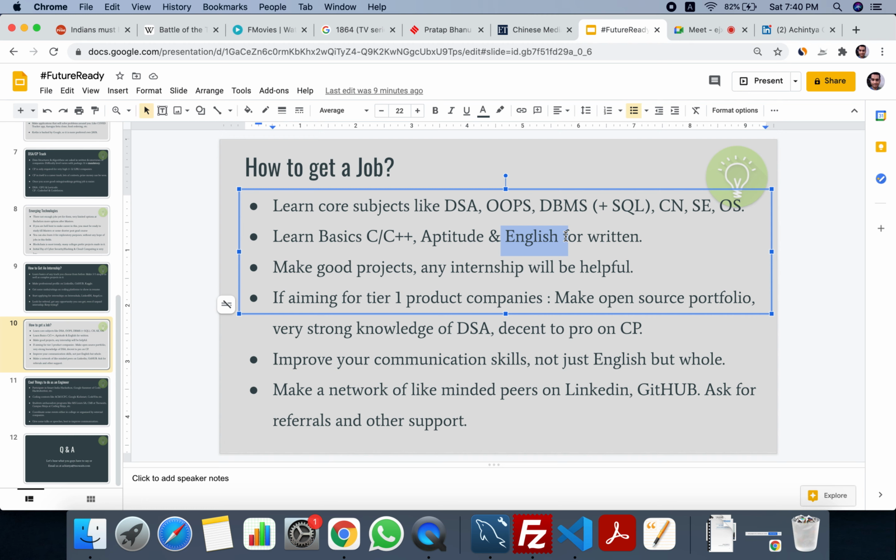You can study after 6th semester, in the gap you will have between 6th and 7th semester, or for 3rd year you might need it early because lots of internship openings will come in 5th semester itself. Okay, so plan accordingly. Make good projects. If you are going for off campus placement, then projects are very important. If you are going for on campus placement, then it's not that important, then they will just evaluate on